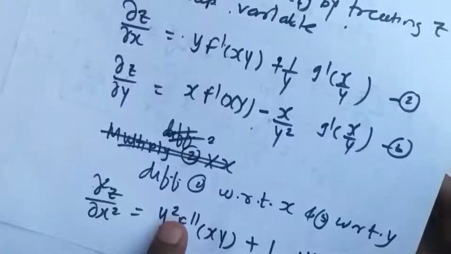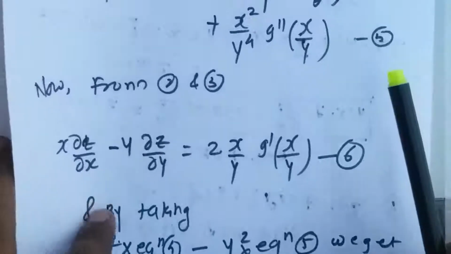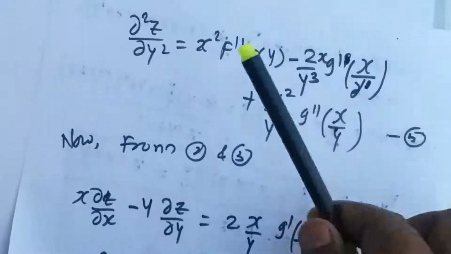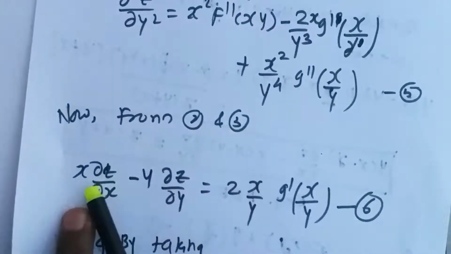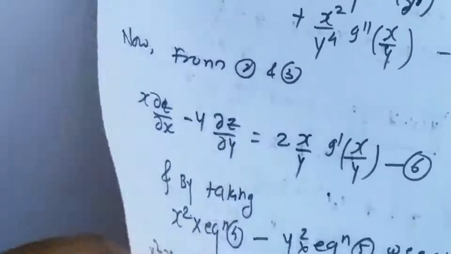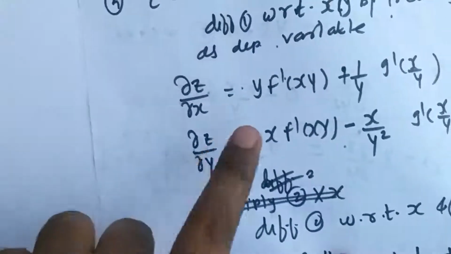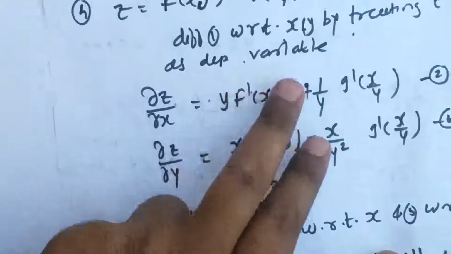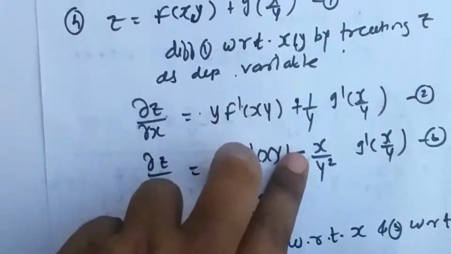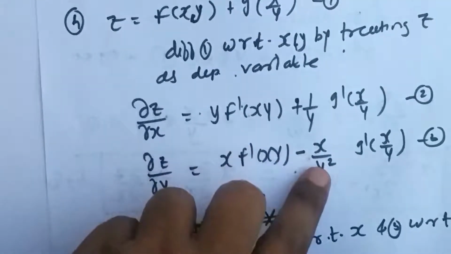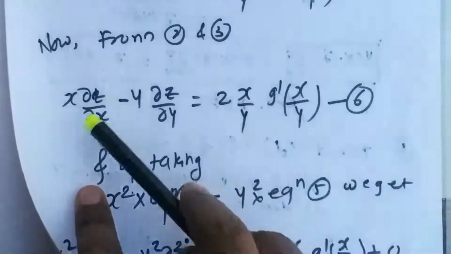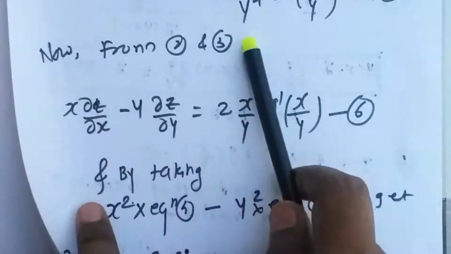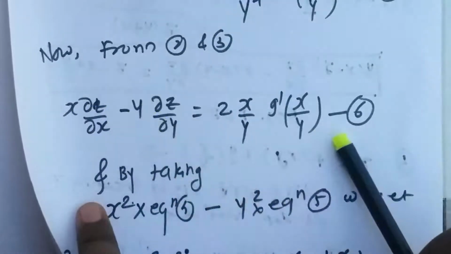Okay. Now I have five equations, 1, 2, 3, 4 and 5. By making use of these equations, I am going to eliminate the terms of f and g. For that purpose, first I made use of 2 and 3. By 2 and 3, if you consider x del z by del x minus y del z by del y, if you multiply this by x, this by y, and do the subtraction, these two terms will vanish, and the minus will become plus. If you multiply by y, here also we get x by y. So it will become 2 times x by y, g dash of x by y. This equation we will need in the next step. Okay, I have multiplied 2 by x, 3 by y, and done the subtraction and I got this.